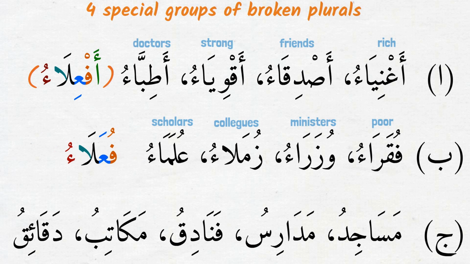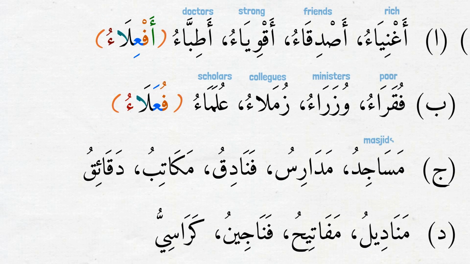They are on فعلاء, right? Part jim has مساجد, مدارس, فنادق, مكاتب, and دقائق. What is their pattern? They are following مفاعل pattern. Very good. And the final subgroup, dal, has the nouns such as مناديل,